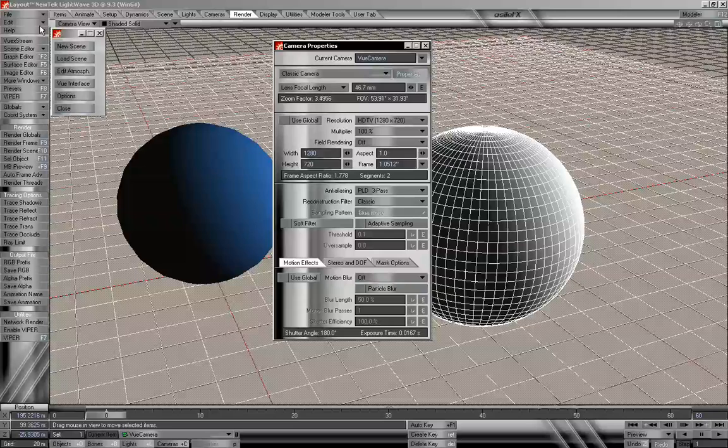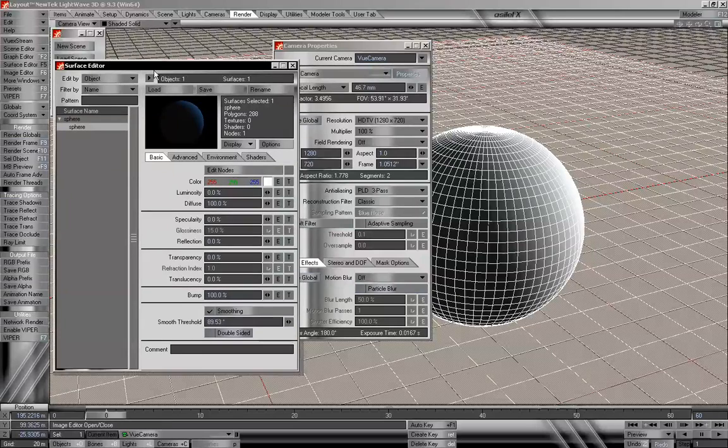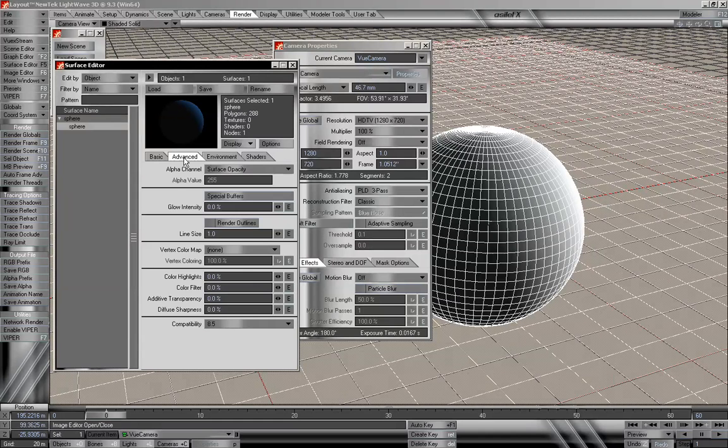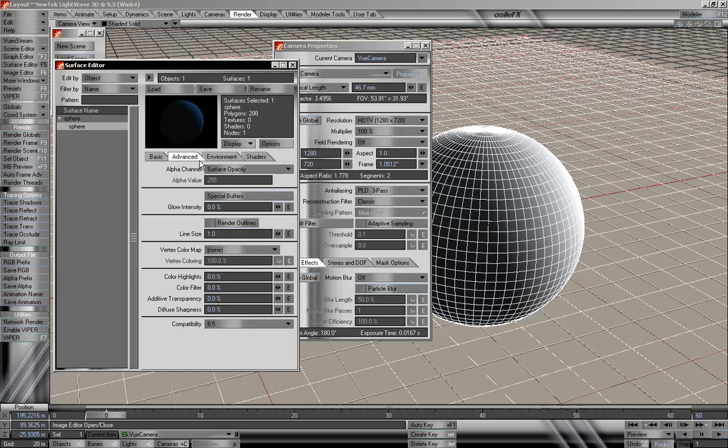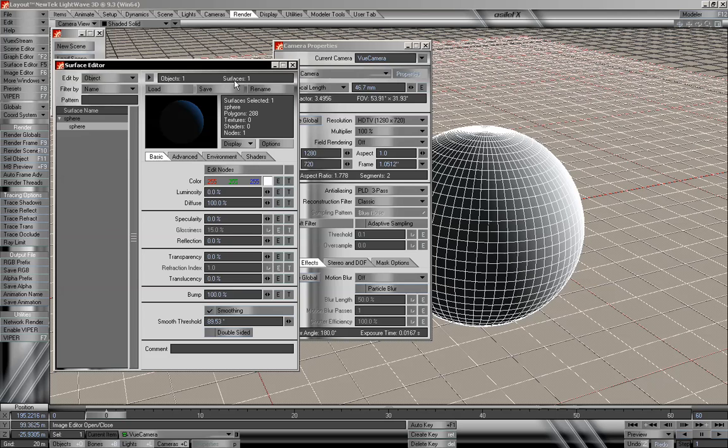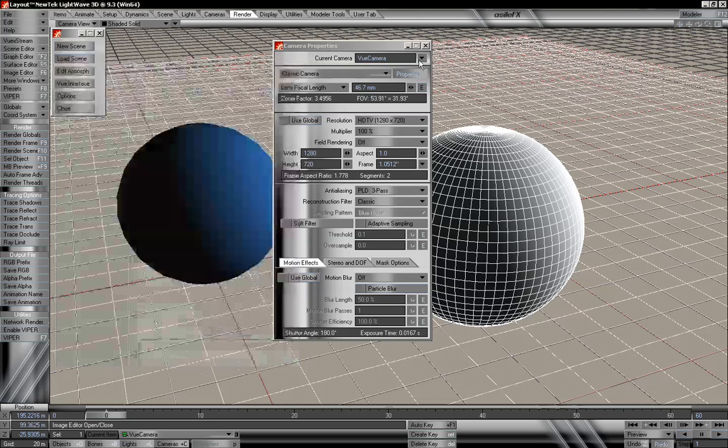If we go into Lightwave and take a look at its surface editor, the way we would modify that setting directly within Lightwave is if we go to the Advanced tab and change our diffusion sharpness. So those are basically the same sorts of different editing techniques that we have between the two surface editors to match up contrasts if we were working with objects in that way. But let's go back and take a look at our light,